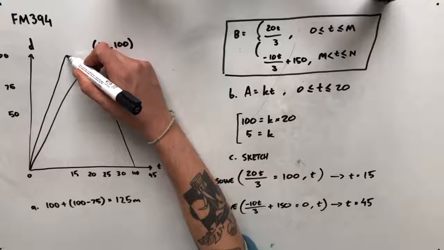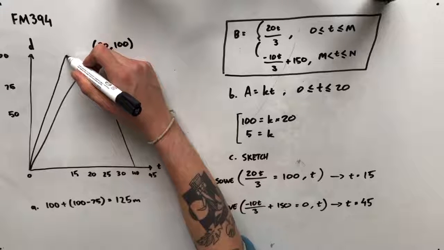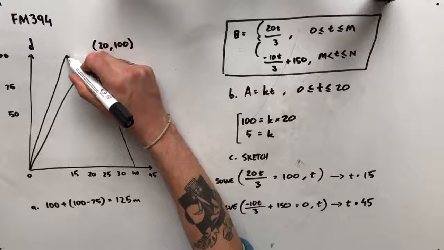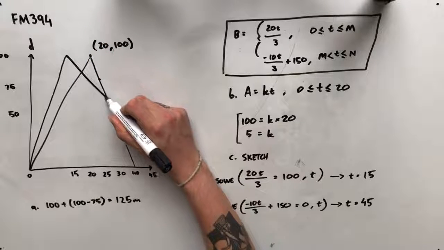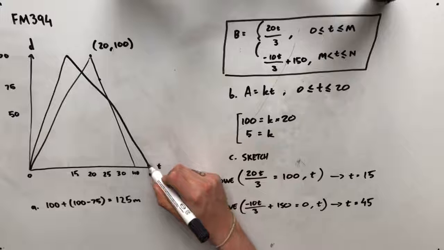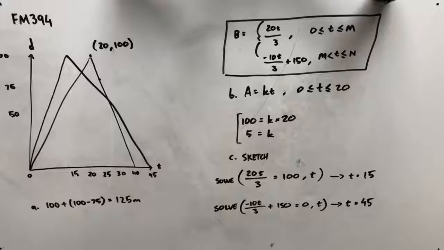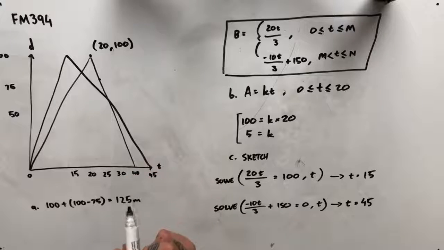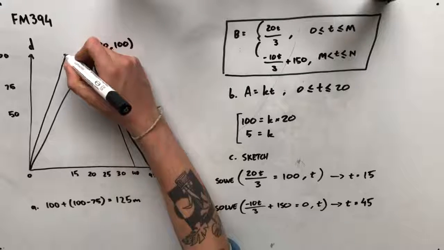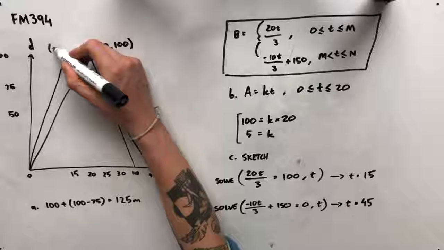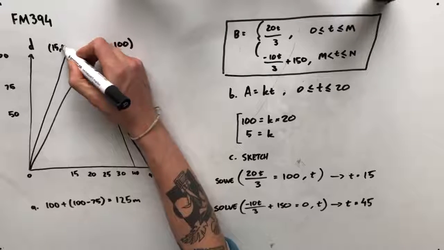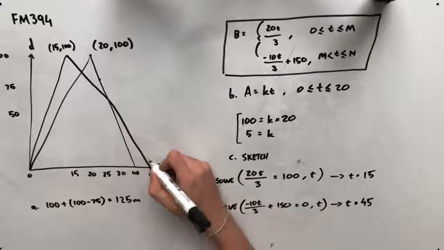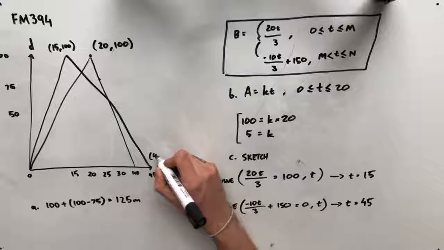meaning that we're actually going to pass like this. Whoop. Excuse my shoddy line there, but you get the idea. And then we're coming back. So to quickly summarize here, first of all, this point here is going to be 15, 100. And this point down here is going to be 45,